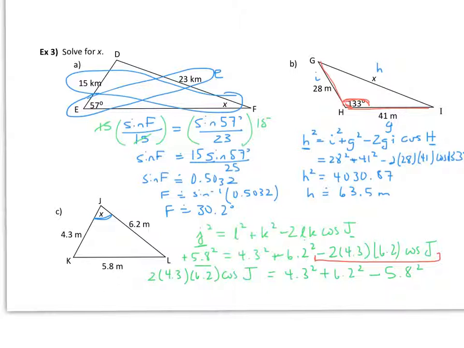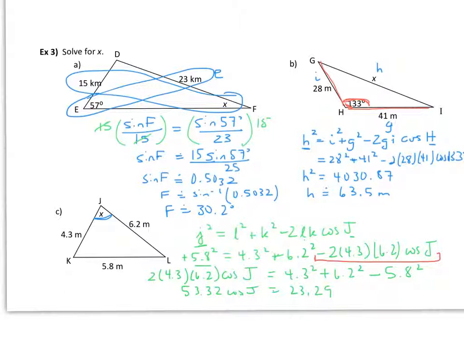Okay, so let's tidy this up. 2 times 4.3 times 6.2 gives me 53.32 cosine of angle J. And on this side we have 4.3 squared plus 6.2 squared minus 5.8 squared, and I got